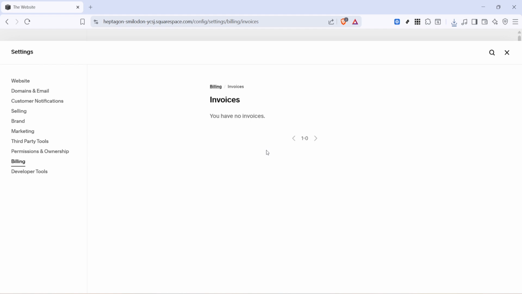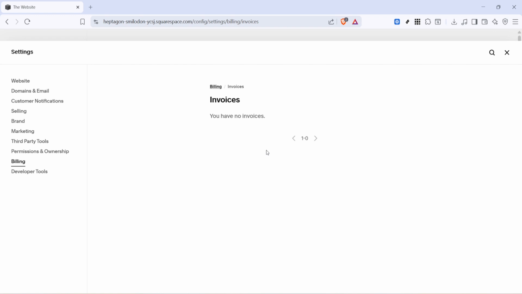Now, select the invoice you want to access and download it. Usually, you'll see the invoice listed with identifying details such as the date or billing period, which can help you choose the correct one. After selecting it, use the download option to save the file to your device. In most cases, the invoice will download as a PDF, which makes it easy to store, print, or send to